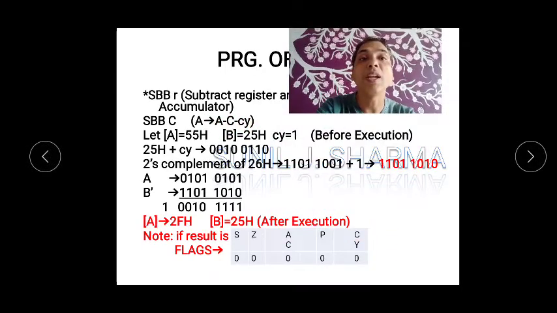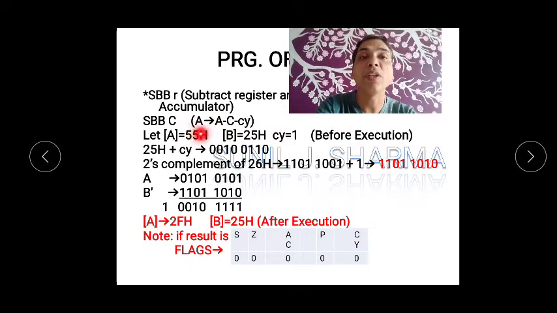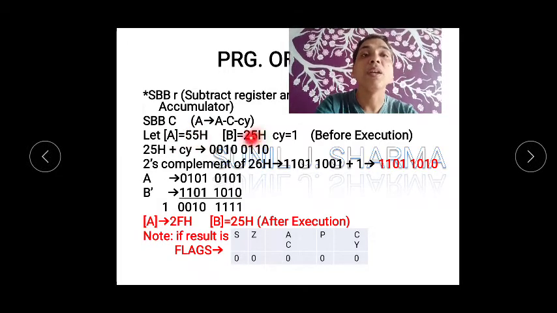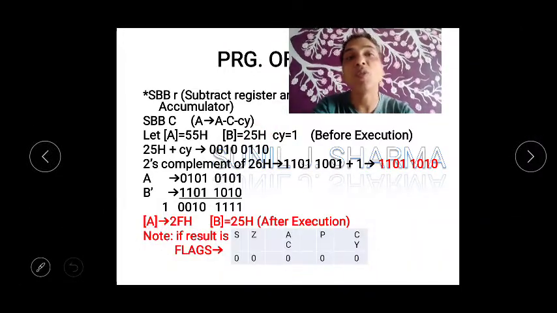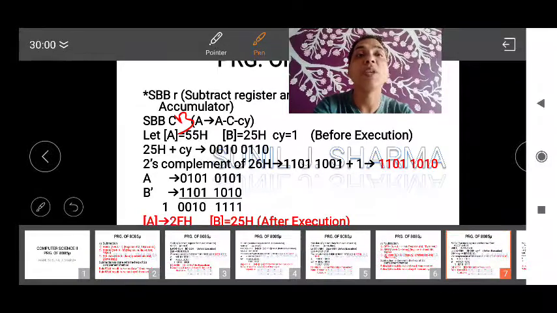So can you see what we did? Accumulator content is 55. C register, I think here has to be C because again the copy paste. So C has to be 25 and carry flag has to be I think 1. So before we go ahead, I think the best thing, we will change it to SBB B. Okay, instead of C, let us change it to B, SBB B.